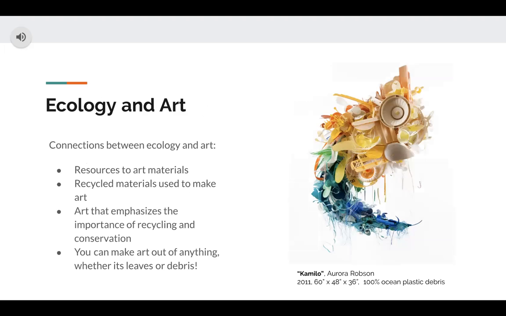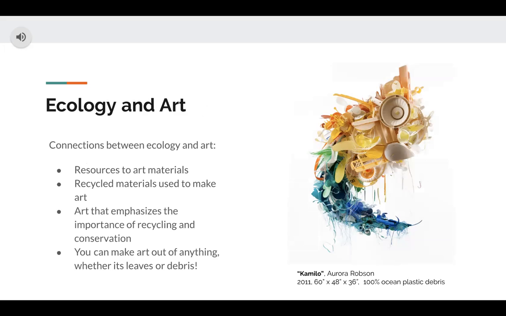There is a strong relationship between ecology and art for many reasons. We have depended on the earth for natural resources in order to make certain art materials. You may see this in paint pigments or ceramic clay and many other things. Art can be related to ecology in many ways, but we are going to focus on two major ways. Art made for conservation purposes or promotion of conservation.